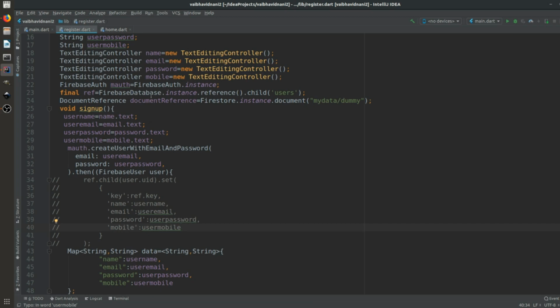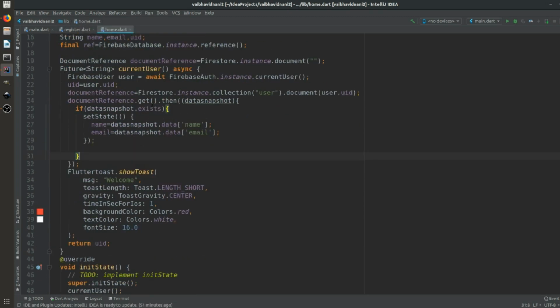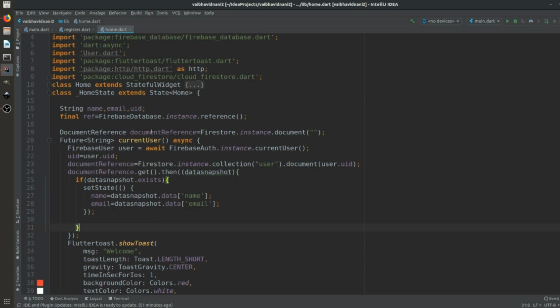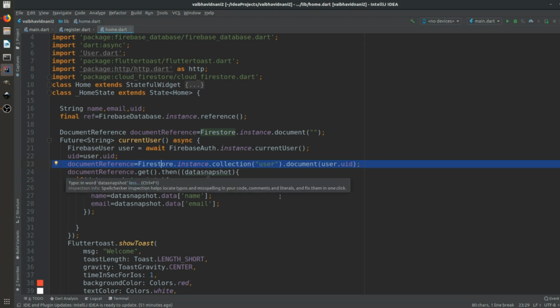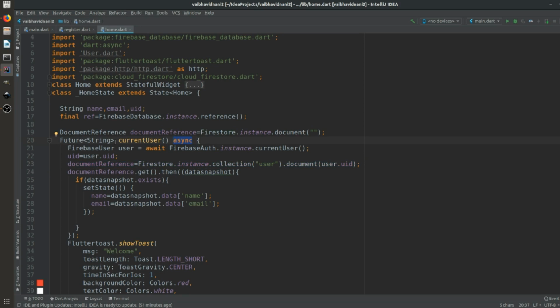data. So for retrieving data, you can see that what we are doing again is creating the instance, okay. So this is the instance in Firestore. For getting data, each and every data is a future variable. Okay, so everything will work as async data. So you can see that the data is coming in a future. Okay, and this is async. So we are creating the Firebase user for getting the UID. Okay, and as the UID is